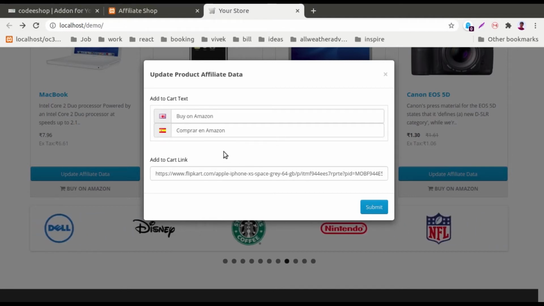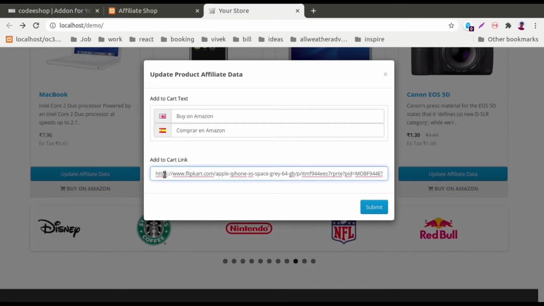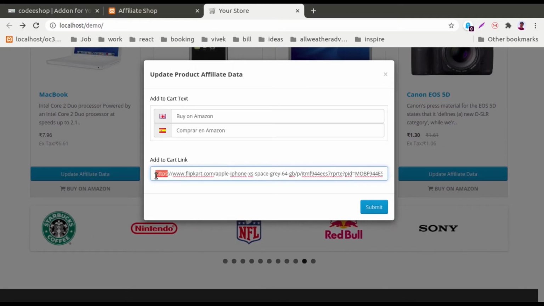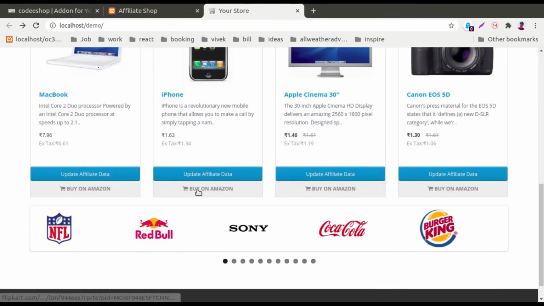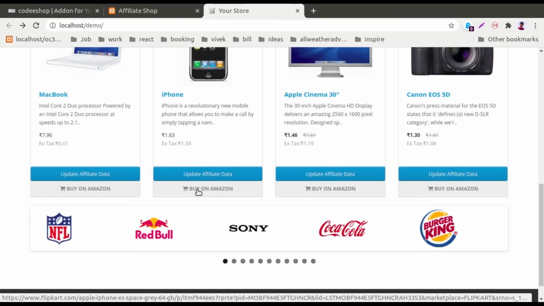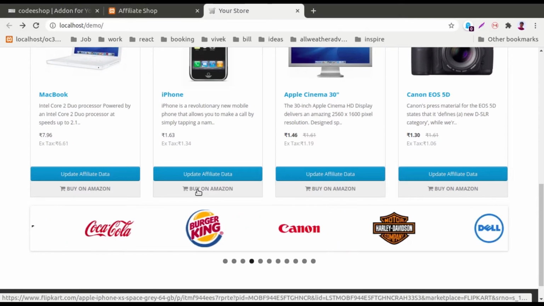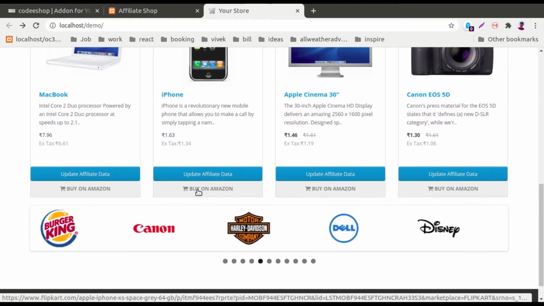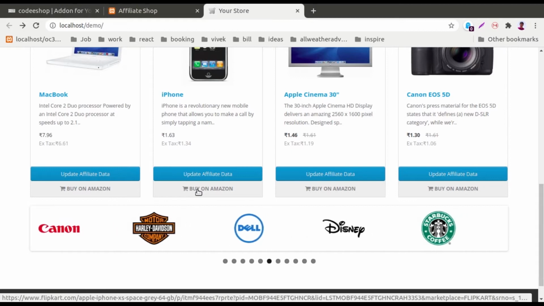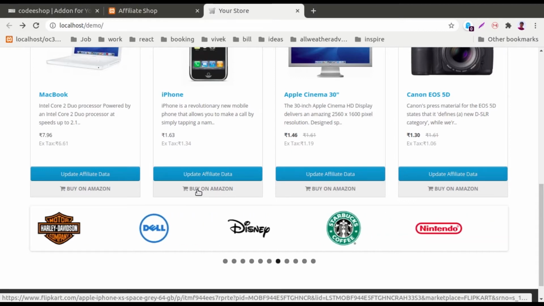After that we have used the add to cart link as a Flipkart product, and that link will be used in the add to cart button, like the buy on Amazon button. Then the link will redirect to the website for which you have used the affiliate. Like here it will go to the website in Flipkart.